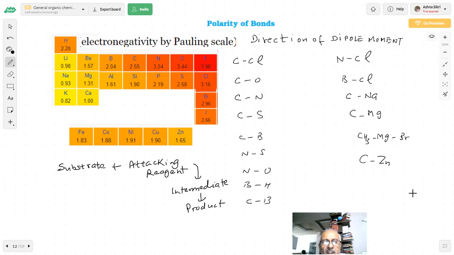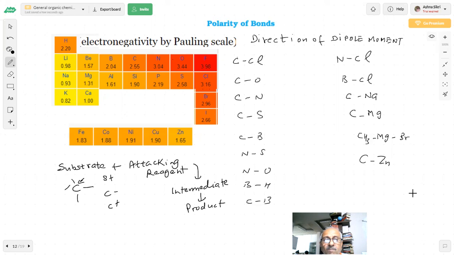But why should something attack here? Where does the attack take place? Carbon. But the charge is important, whether it is positive or negative. If it is positive, the negative reagent will come and attack. If it is neutral, then there is not much interest to attack it. Sometimes we show delta charge, or sometimes C minus, C plus. So if negative charge is there, a positive reagent will come. If positive charge is there, a negative reagent will come. Yes or no?